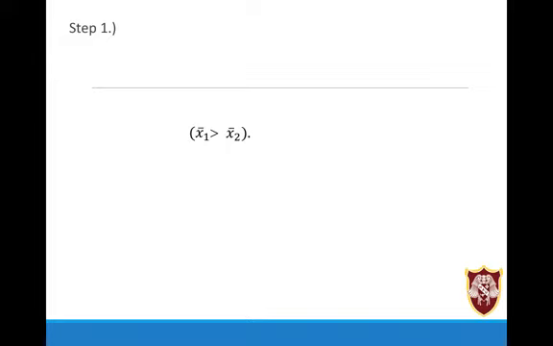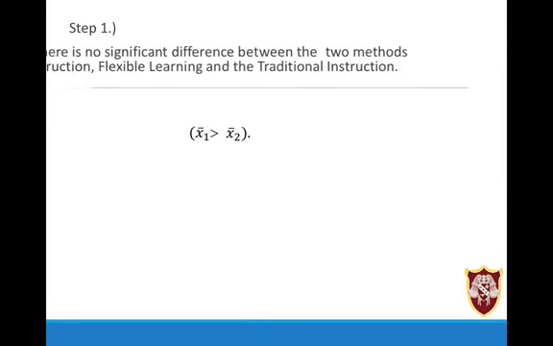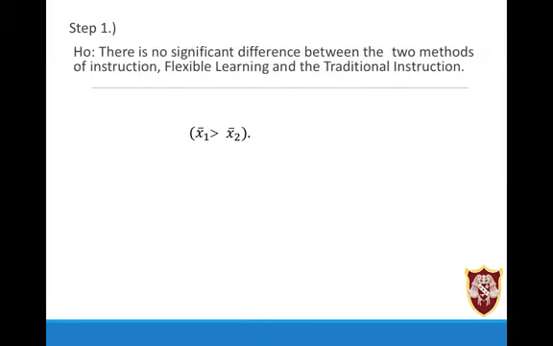Okay, step 1 is to formulate both the null and alternative hypothesis. So what is a possible way of stating the null hypothesis for the given situation? Okay, so we say that there's no significant difference between the two methods of instruction, flexible learning and the traditional